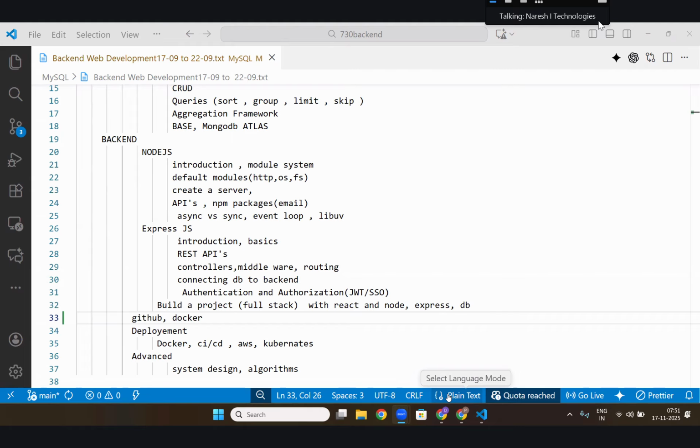So first check some files, check some projects. Understand the projects. You are not the first person in the world doing Node.js, Express.js, right? Some people have already done that. Then your responsibility is to go to that code and understand how it works.